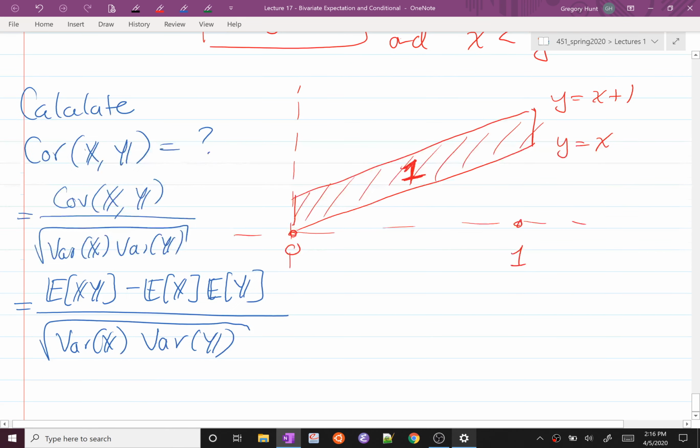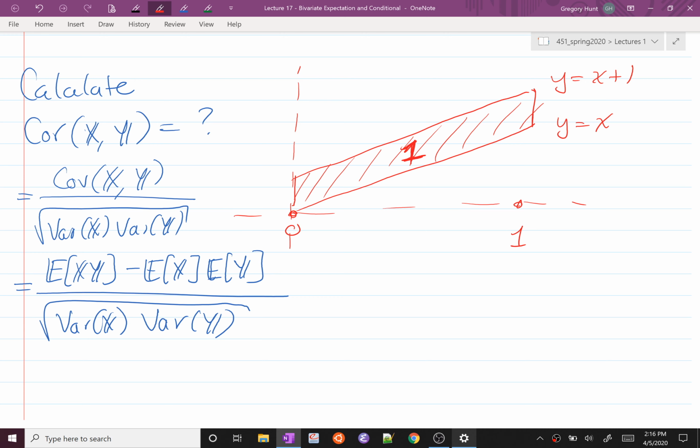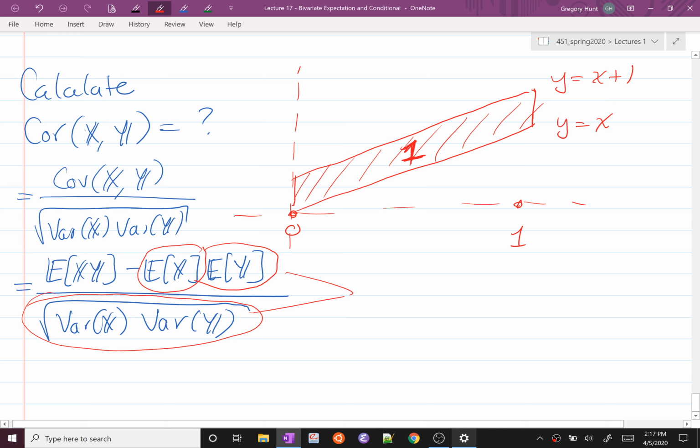Okay. And so if we can get this, let's write this a little more legibly here. We can get this term and the whole bottom,